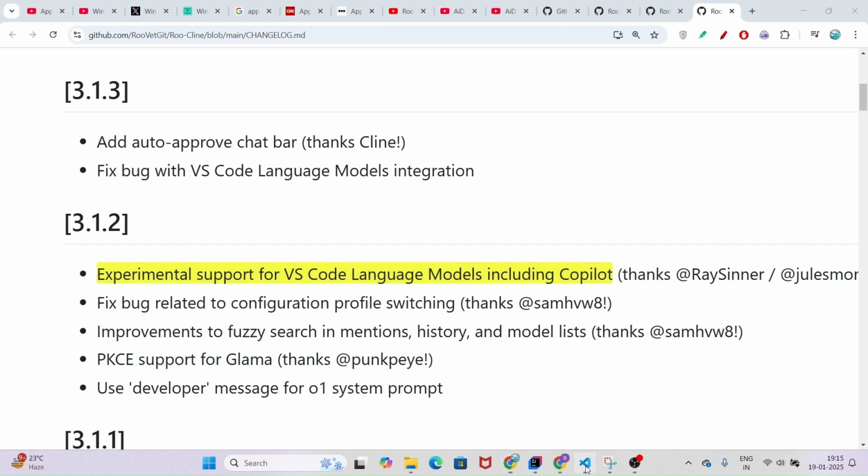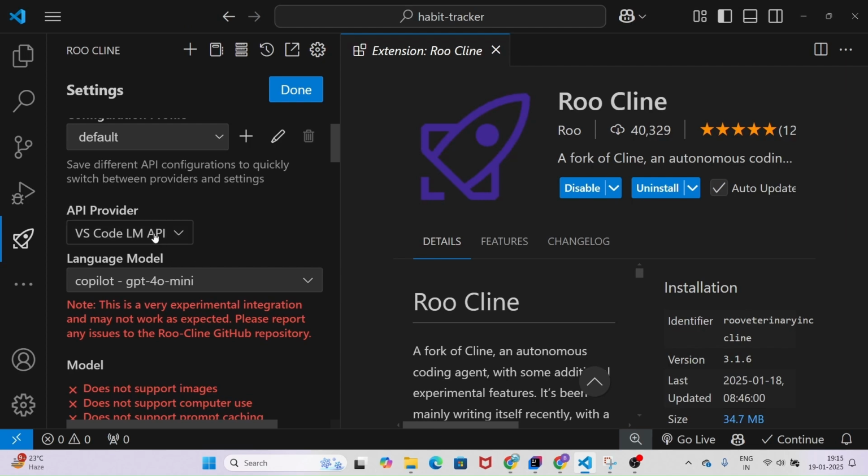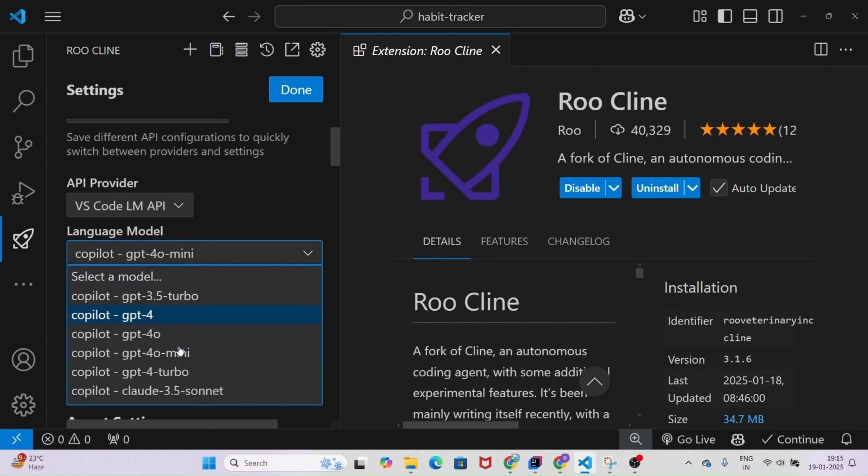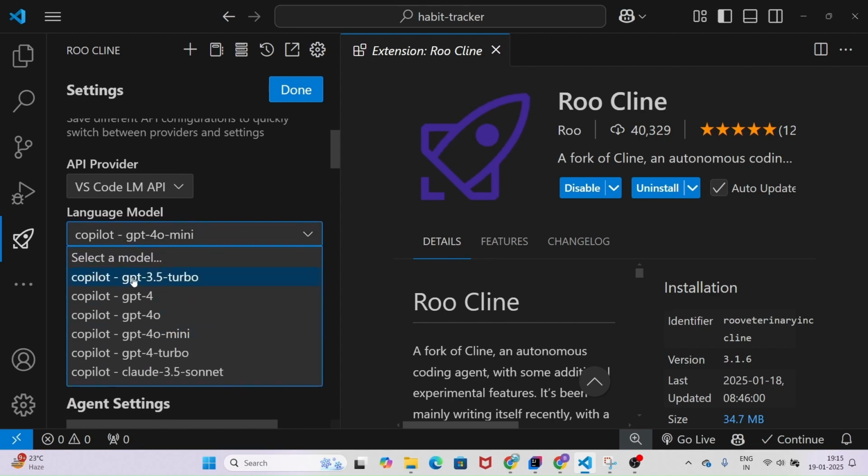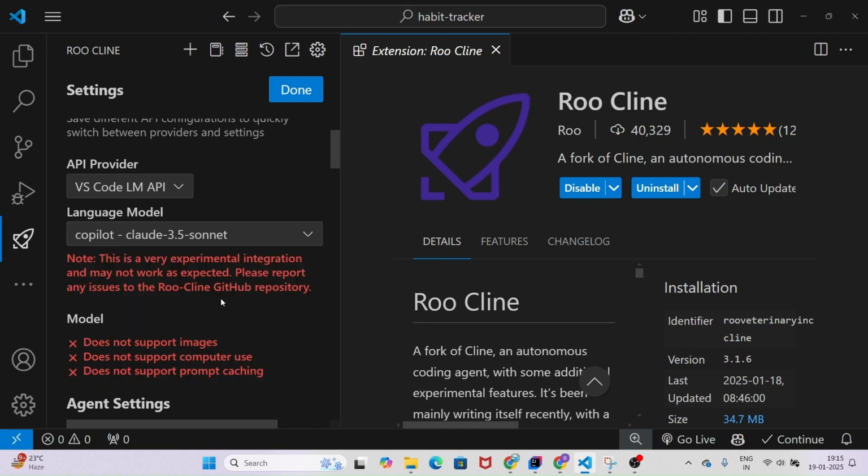Okay. Now after you select this VS Code LM API, here there is an option for the language model. Now here you will get all of the language models like GPT 3.5 Turbo, GPT-4O, GPT-4O Mini and Claude 3.5 Sonnet. All of the models are free. You can choose any of the models. Now as Claude is the best, I am selecting this Claude 3.5 Sonnet,